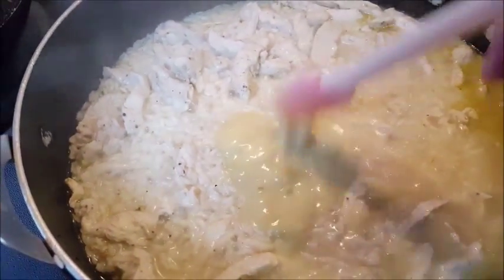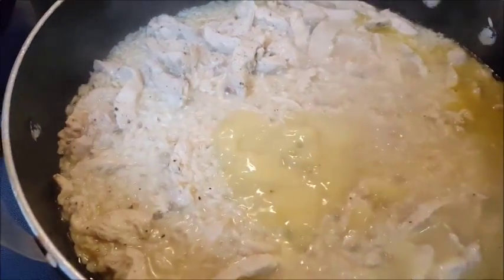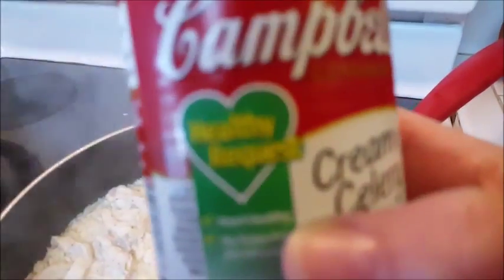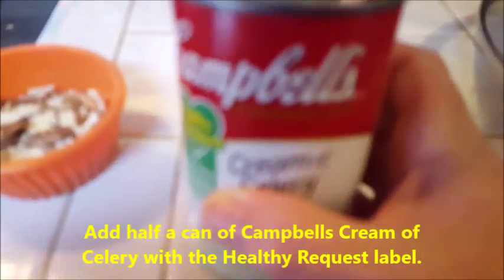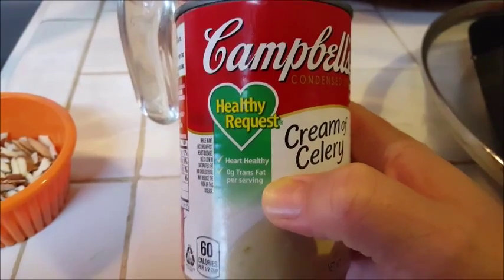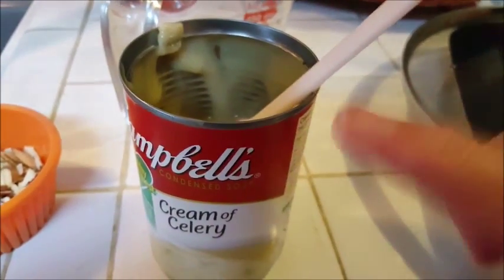I've added half a can of that cream of celery. I could add the whole thing, but I'm just going to add half a can. And the cream of celery that I got is this Healthy Request. It's a cream of celery from Campbell's, and it has a Healthy Request label on it. It means it's heart healthy with 0 trans fats per serving,